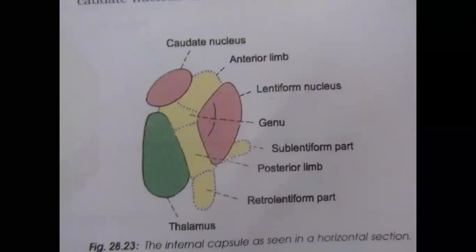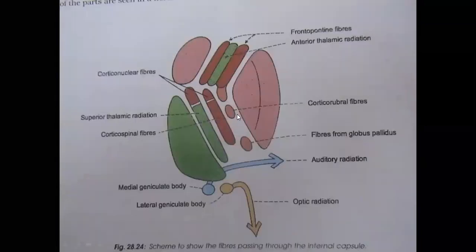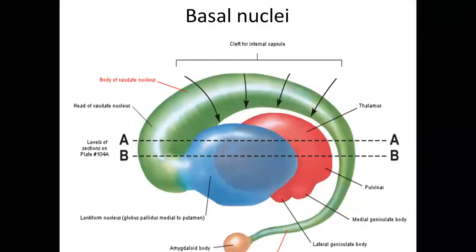So once again, you can make out internal capsule, that is a projection fiber. Corpus callosum is a commissural fiber, and I told you association fiber. So a white matter short note can be there. Not only the white matter, a short note will be there on corpus callosum. It can be there on internal capsule. It can be there for association fiber. Now again a short note.